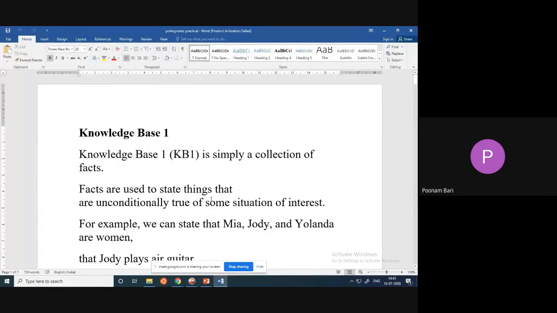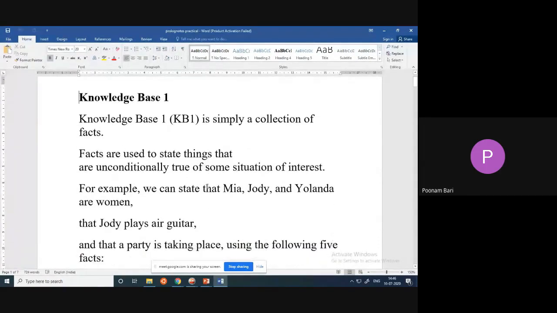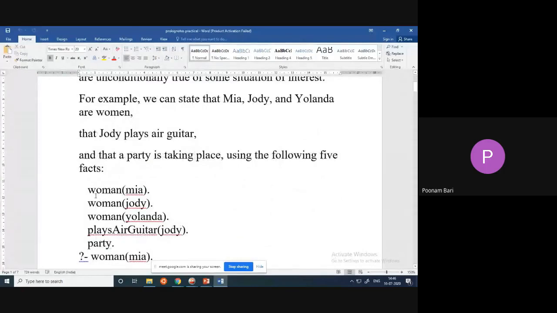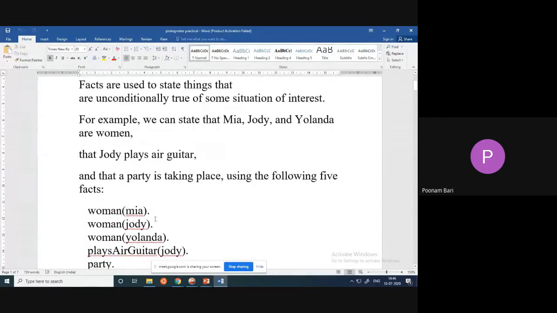Okay, so I will show an example of a knowledge base, how to create that. Let's say knowledge base one, where all facts are there. Whatever we have done just now, woman Mia, all facts were there, no rules.